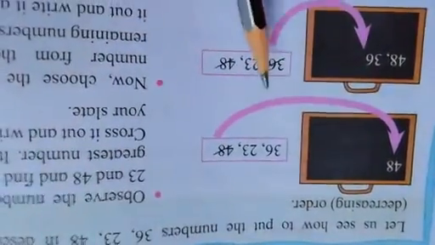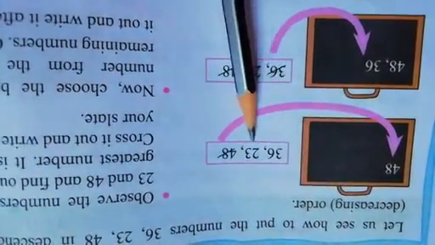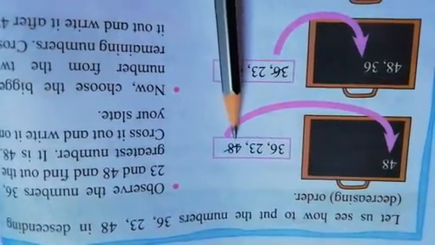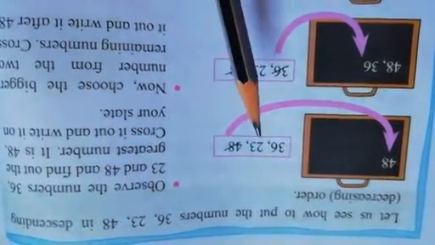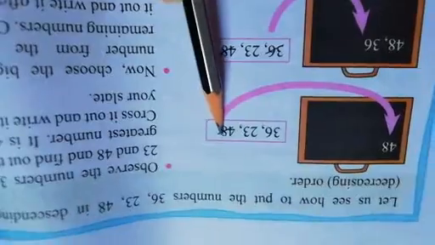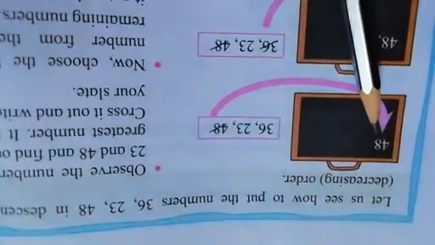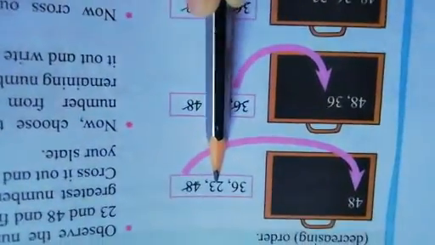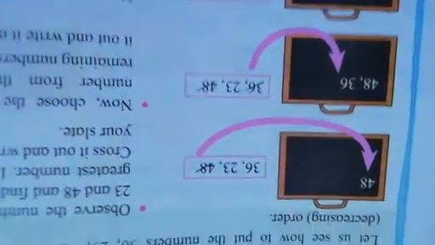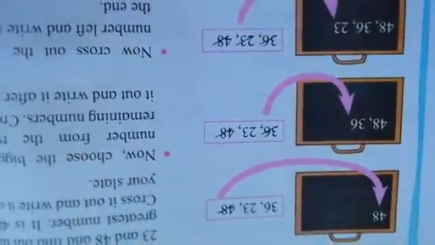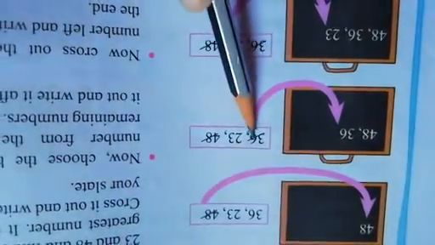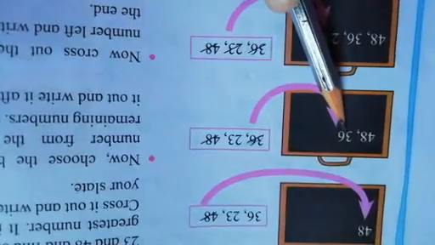So in descending order now we will write from bigger to smaller, means from बड़े से छोटा number लिखना है हमें. Okay, so now see here, number 36, 23 and 48 is there. From 36, 23 and 48, which number is bigger? 48. So cut down 48 and write here 48 first. Okay, then now which number left? 36 and 23. So from 36 and 23, which number is bigger? So here number 36 is bigger than 23. So cut down this and write down here 36.